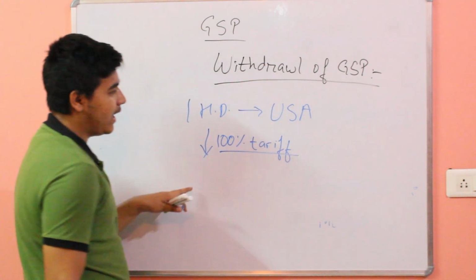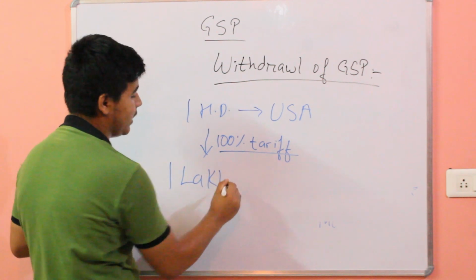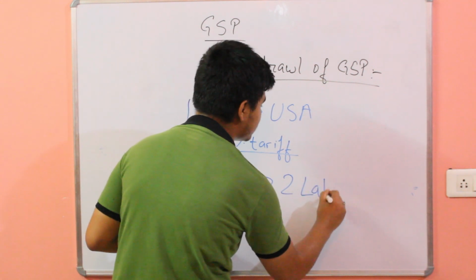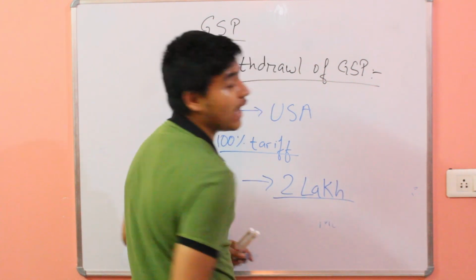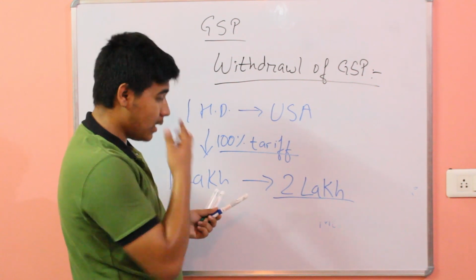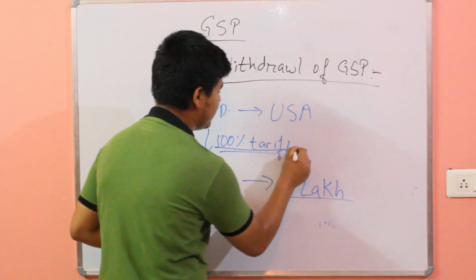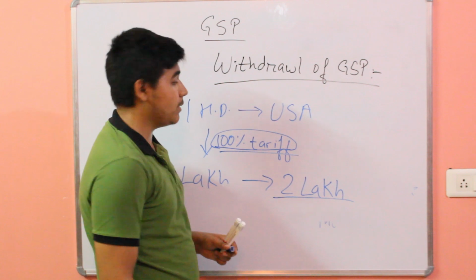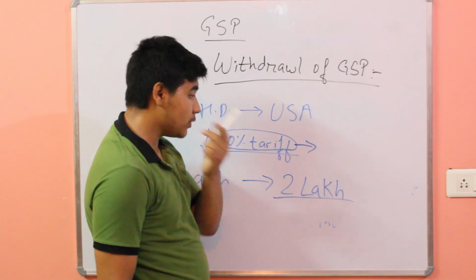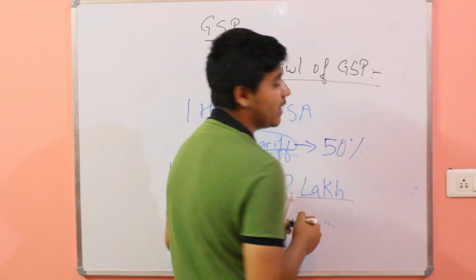Now see that if the cost of Harley Davidson vehicle is 1 lakh in USA, then the Indian consumers have to pay rupees 2 lakh for the same Harley Davidson bike. So it was a counterproductive measure, and 100% tariff is an objectionable one. However, after the company sought to give attention to this, then it was reduced to 50%, but still it was